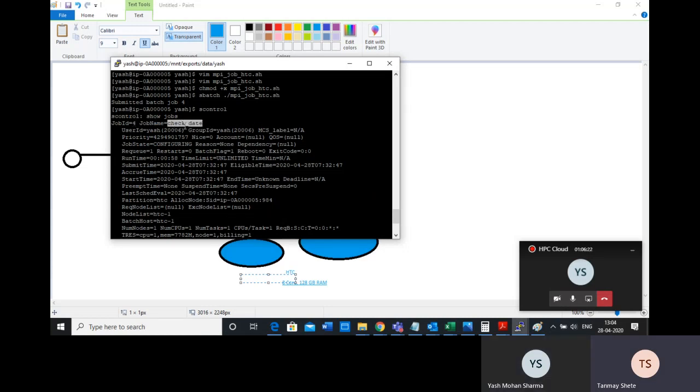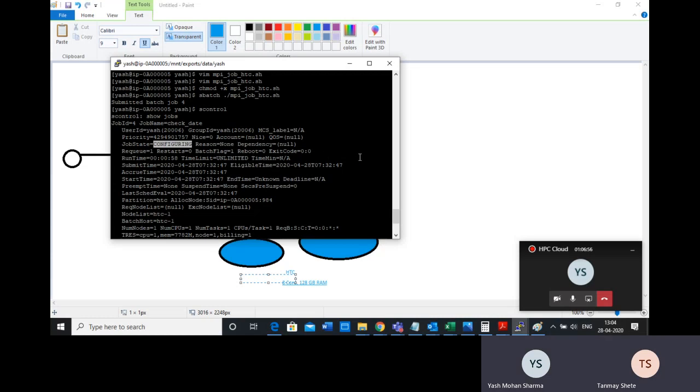This is the job that you submitted, right? The job name that we give. And then it is giving a lot of information to you. The job has these many properties. Along with that, there is one property called state, and the state is configuring. Why configuring? Because the node is currently shut down. It is starting the node or the machine, and that's why it is configuring. Once the machine boots up and starts, then the job will actually go into the running state.